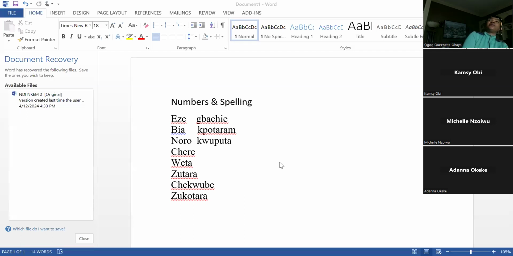Chekwube. Remember, if you're doing it live, and Adana, you'll be one of the people to be there that day because you're in Atlanta. So if you're doing it live, you have no way of writing it. You know how they do a spelling bee. That's what it is. They tell you the word and then you spell it, but you're seeing it here now. That's not how you're going to see it that day. And in 2 weeks, when we are going to do it here in class, everybody will participate. And don't miss class because I said we're doing it. I'm talking to everybody now. Do not miss class. We're doing the mock here. Everybody, I want to see your video when you're spelling it. So be ready for spelling and numbers.